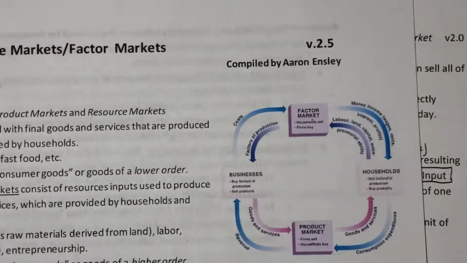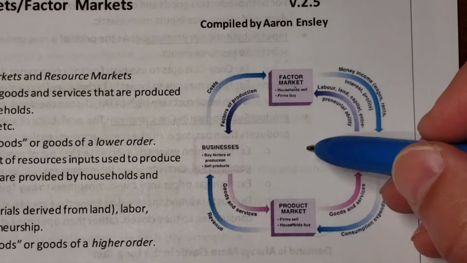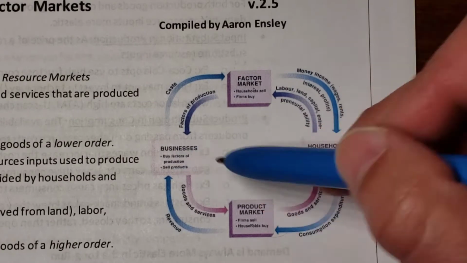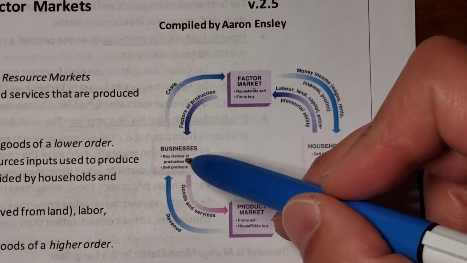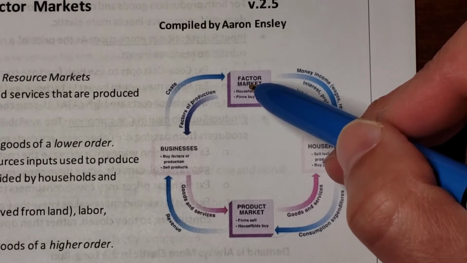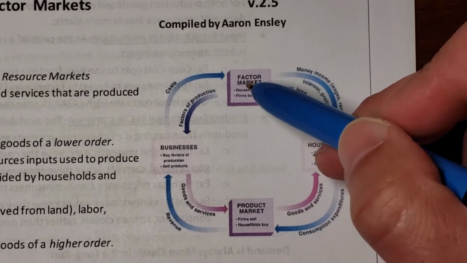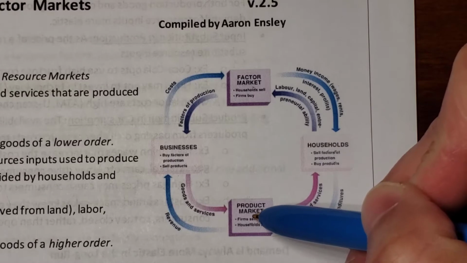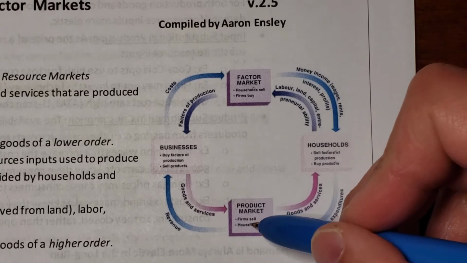So if you recall the circular flow diagram, it is a simple diagram to help you understand how firms or businesses and households fit together. So firms demand resources, or what we often call factors of production: land, labor, and capital. So they're demanding things like steel and workers so that they can then produce products. So firms supply products, but they demand resources. Okay, and then they sell those products to households.